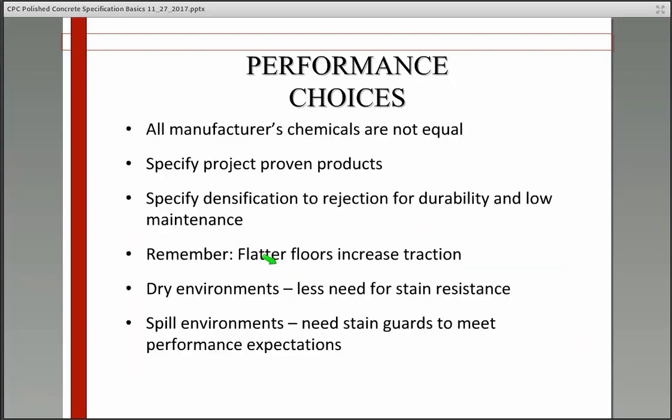It's important that when you're specifying the Part 3 in the polished concrete spec, that we are thinking about the manufacturer's chemicals and what they're going to be used for. Since polished concrete is now very vast, where it's being used everywhere from industrial to churches to people's residences,